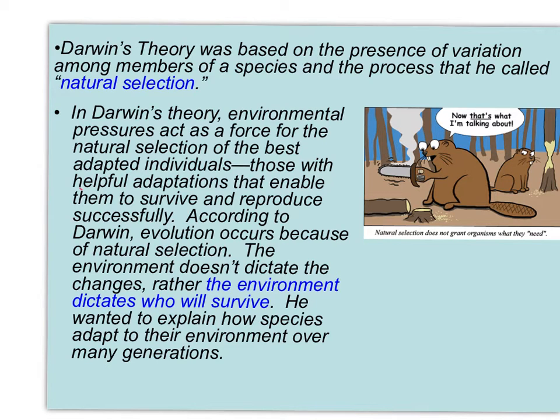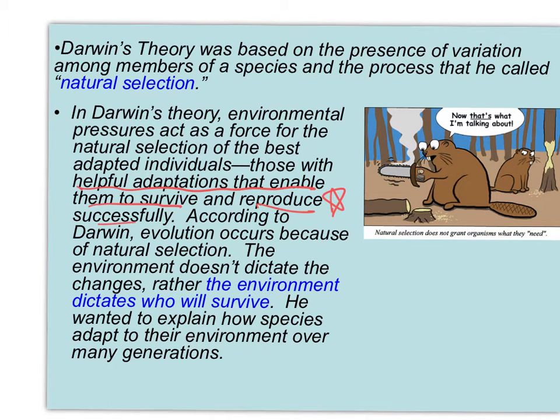So, again, he noticed that those who had the better adaptations for that particular environment were able to survive. If you survived, you reproduced. Okay, if you're dead, you're not reproducing. Okay, you either adapt or you die. You adapt and survive, or you're dead and you're not surviving. You're not reproducing. Okay, so based on Darwin's theory, evolution occurs because of natural selection. Because the environment was better for certain individuals, they lived, and they were able to pass their traits on. The individuals that did not live, they did not, so their traits did not get to pass on.